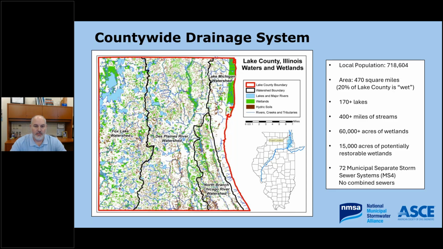So we want to make sure that water quality is protected for a very long time. The Lake Michigan watershed definitely has some very strong water quality protections. On the right side, you can see all the different water resources that it consists of. Another piece of information I thought would be helpful is to talk about our wetlands, and